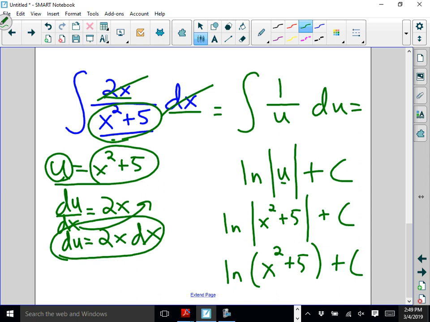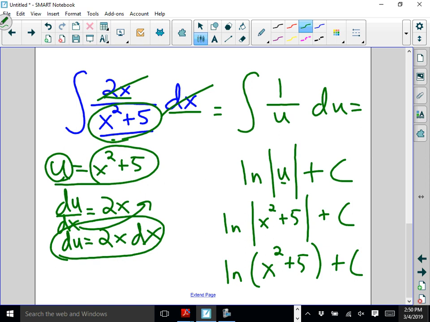You can only make that change if what's inside of the absolute values is always positive, right? If I had x squared minus 5, I'd have to leave it as the absolute value. I can only make that change if I know that that function is always positive. If you're not sure, leave the absolute values. Now, once again,